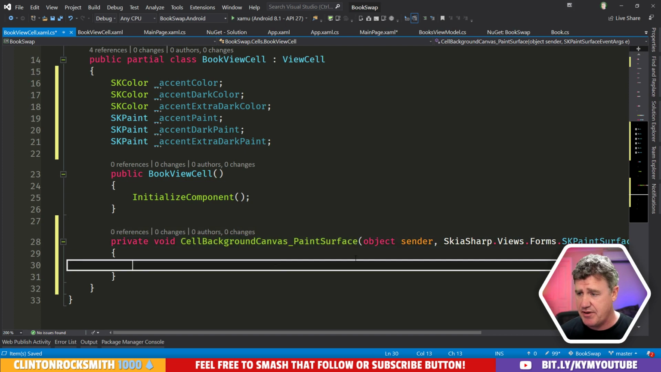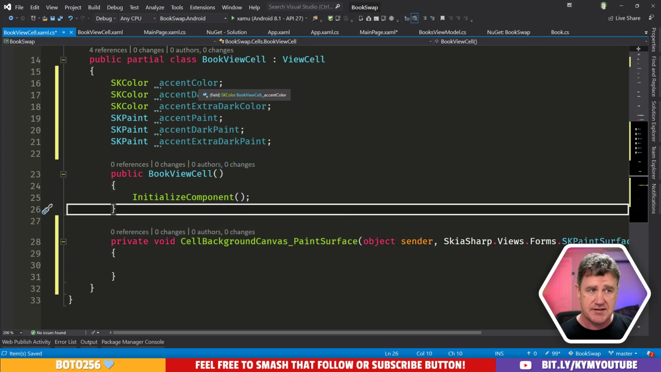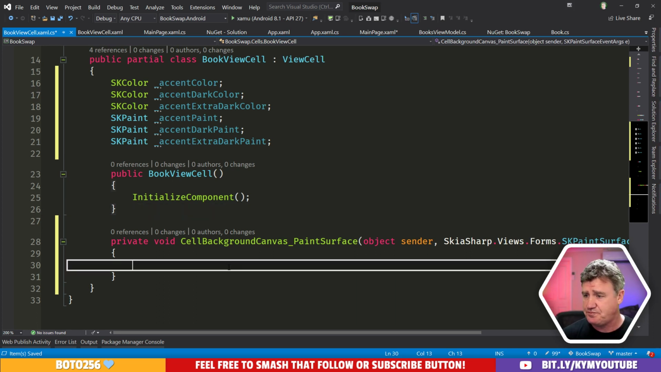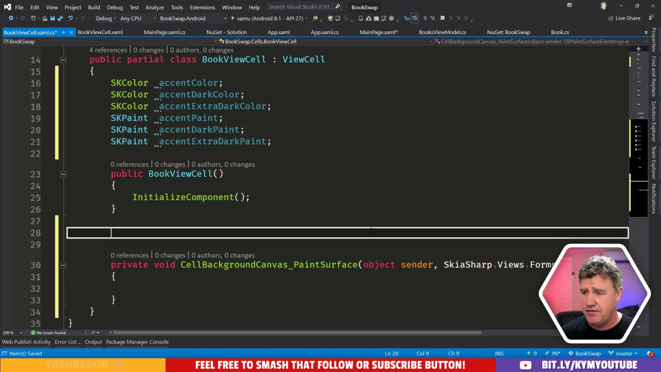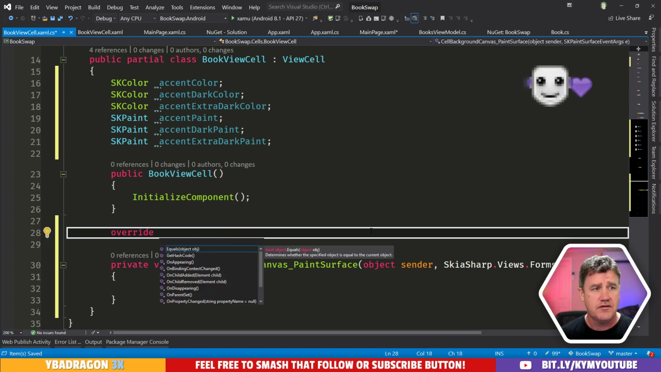So the challenge now becomes, how do we know what our accent colors are? Well, it comes from our binding context, right? So what we can do is override